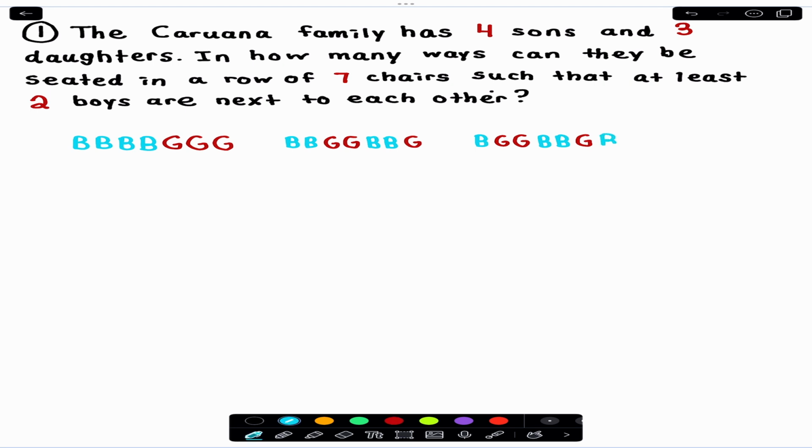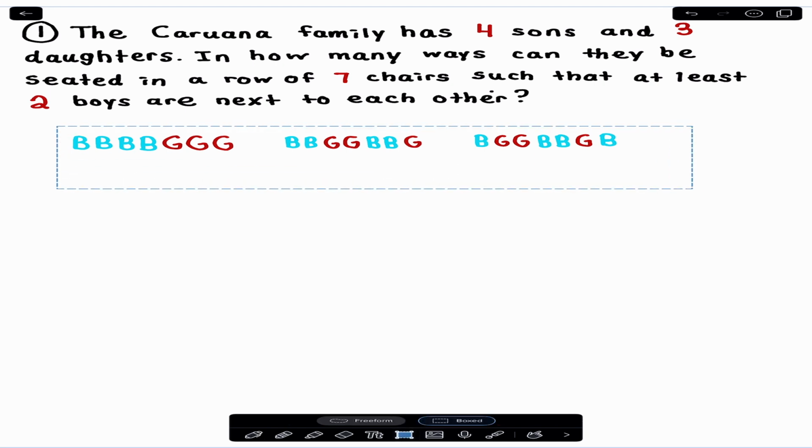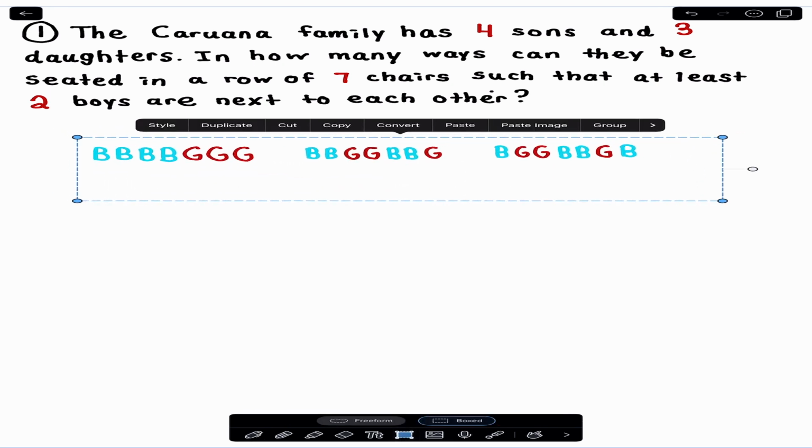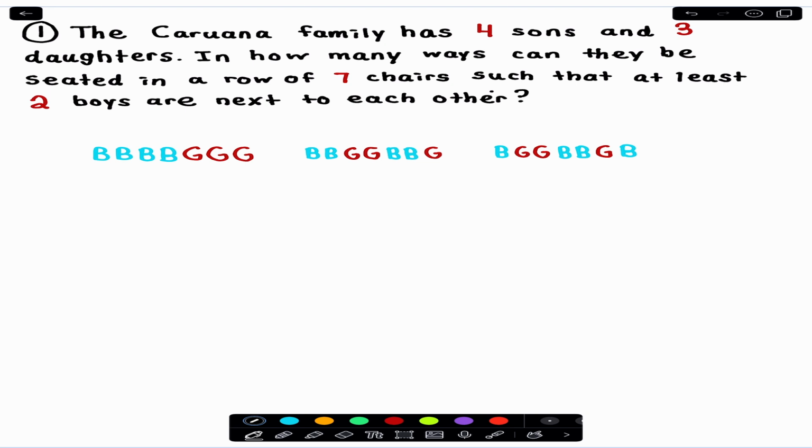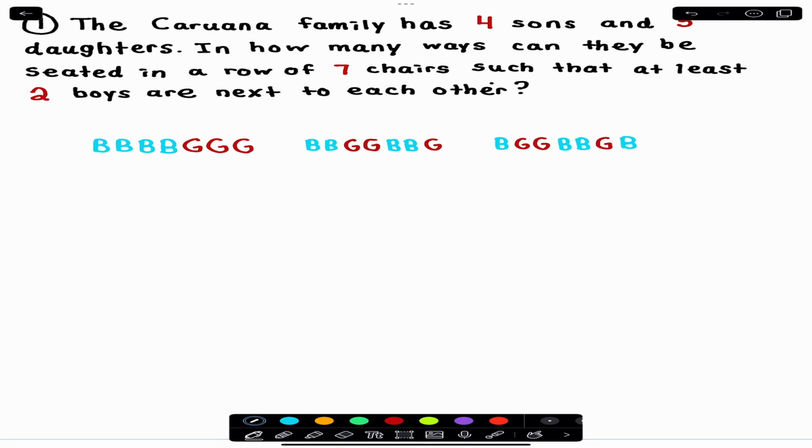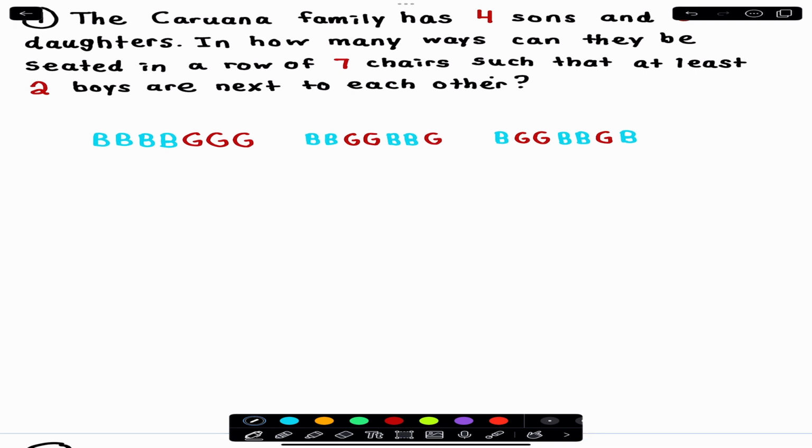So already we have 3 completely valid seating arrangements, but that's also 3 cases. And keep in mind, these are not the only 3 cases. So we can see it can get pretty messy pretty fast, and it's going to be hard to tell if we actually counted every single case. So we can see casework leads to too many cases. However,